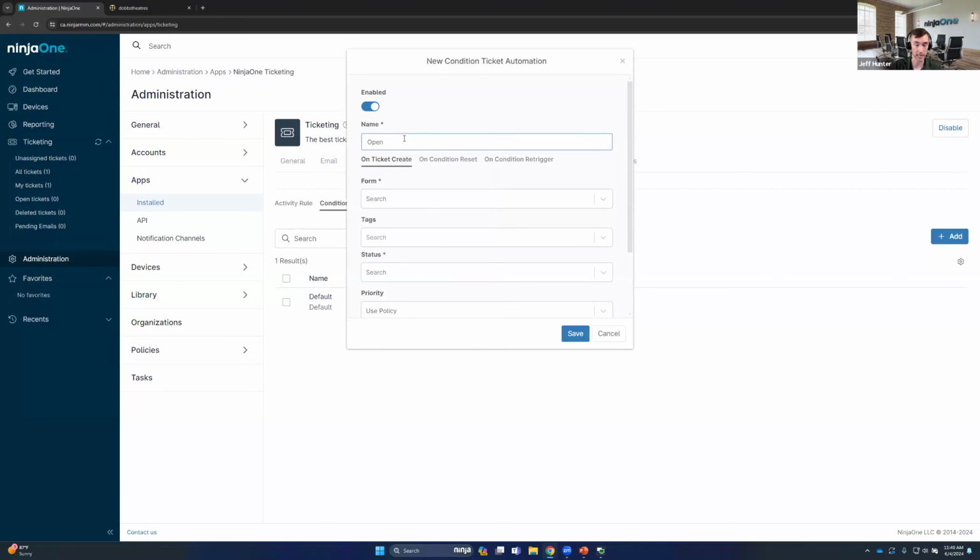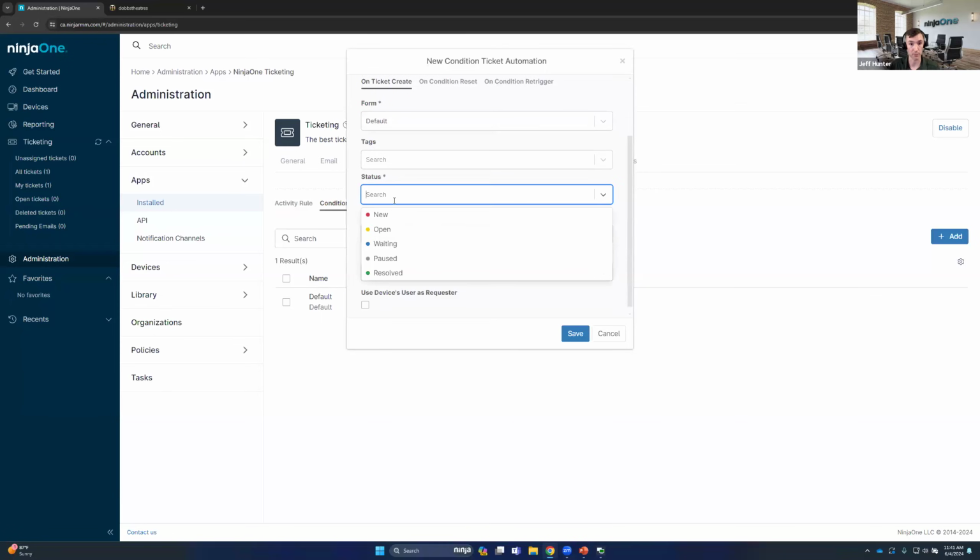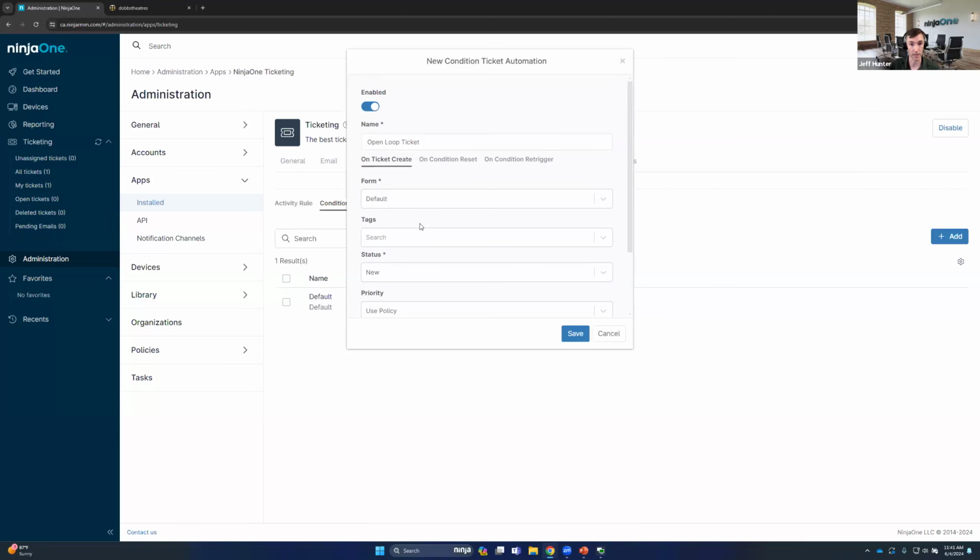In this case, I'm going to say I want an open loop ticket. And what that means is that when this ticket is created, it's going to use all these predefined statuses that we see here. I'm just going to use the policy. I'll use the device's requester. However, a condition is different from an